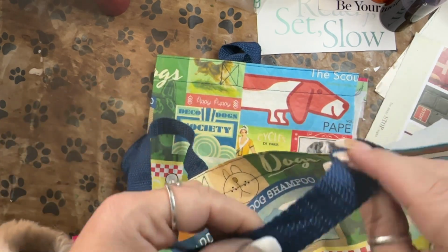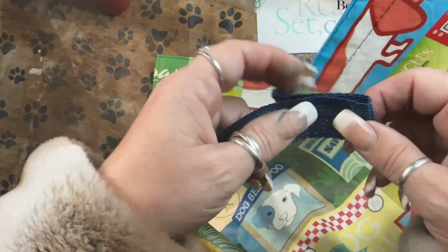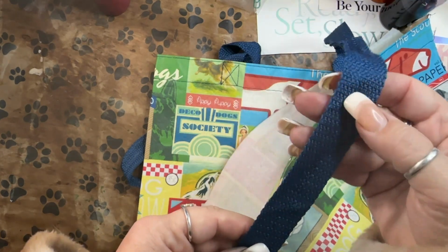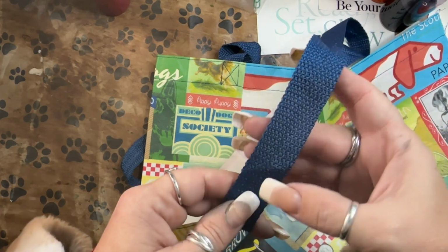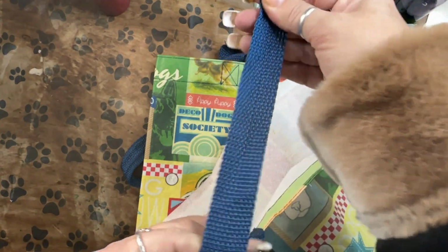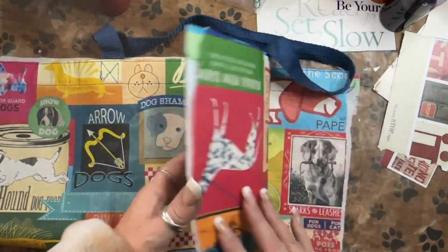This would make great tabs, tag toppers, or page tabs, page edging. This would be a great base for a snippet roll or more page edging. You just take your bits and pieces and scraps and glue or sew them onto here, and then have that on as a page edging. I mean, there's so much to do with this, but see here, it's almost the perfect size already for a